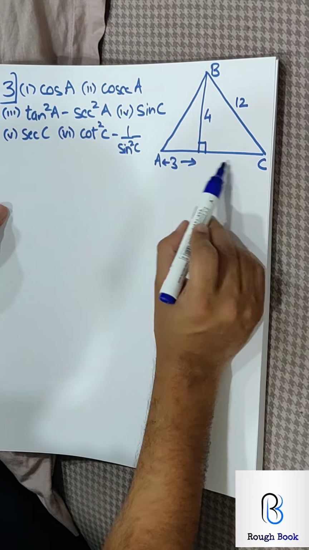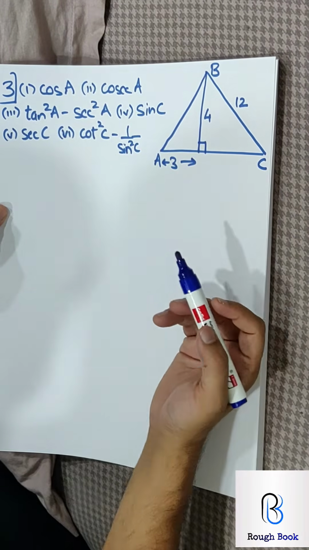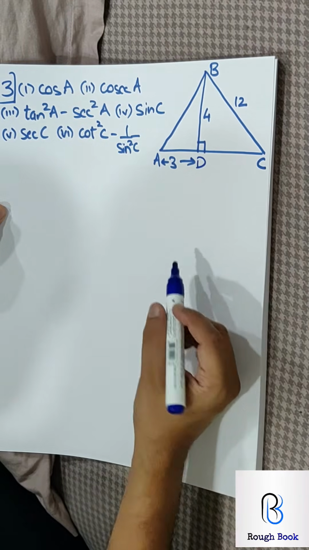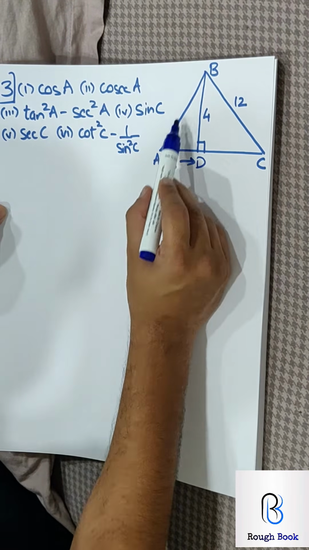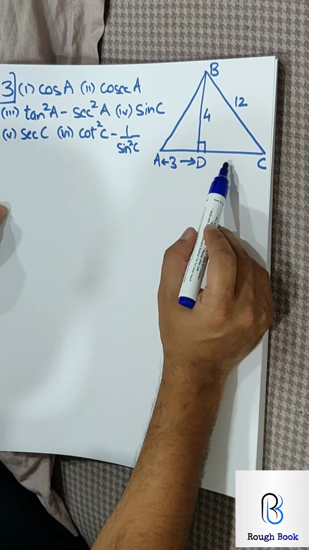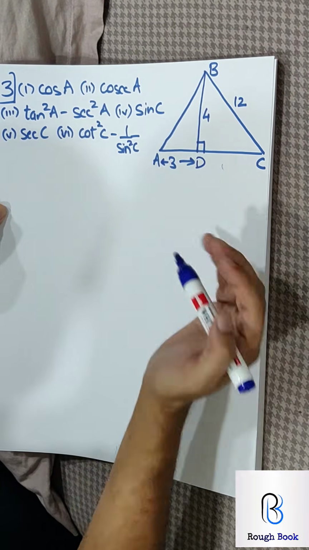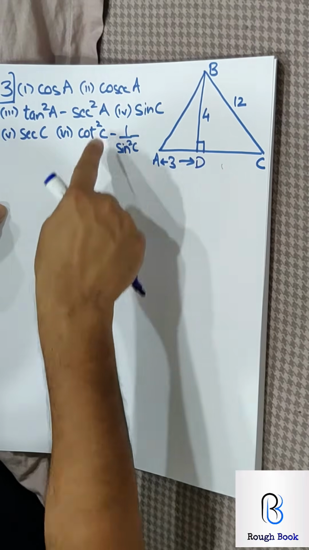Come on, sum number 3, you've been given with the diagram. In the diagram, I can't see this part in terms of value. First thing, give an alphabet here. So I'm giving D. Now apply Pythagoras in ABD, get this, BDC, get this, and then we will solve all these parts. Okay, come on, hit it. Get these 2 values, come back, we will match that, then we'll go ahead with this.